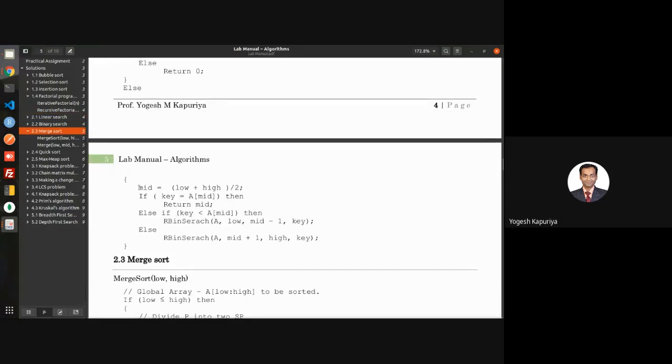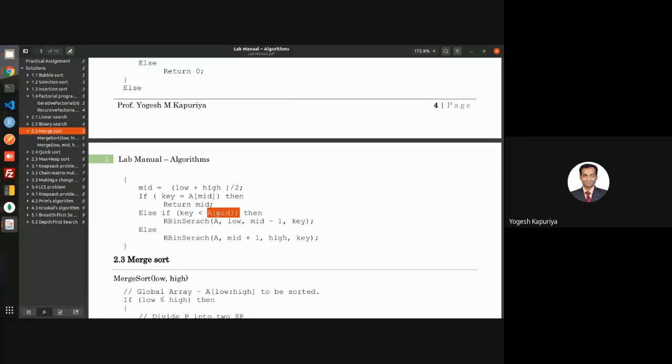So your first step is you find out the midpoint, as we do in the binary search algorithm. Then if you find that your key is at the midpoint, you simply return the midpoint because your key is found. In case the key is not found and your key is less than the midpoint, that means now your search space will be changed.